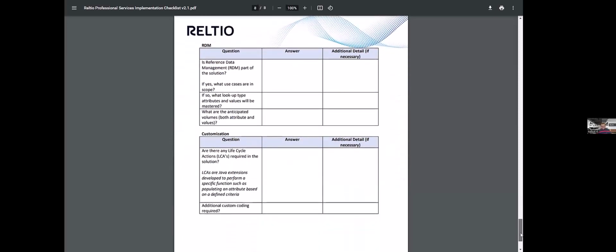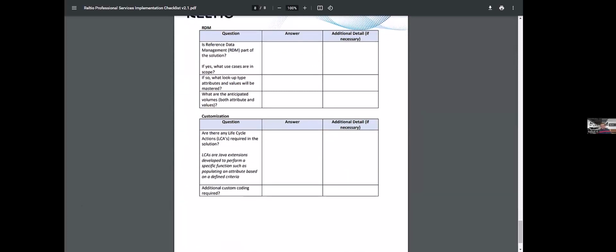The last two topics, the big thing is RDM here. While we deal with the master data, we also deal with the reference data. So identify what attributes need to be part of this reference data management solution. So basically have the mapping ready, like identify what the canonical or the standard value should be, and also the values that are coming in from all the source systems, basically the non-standard values.